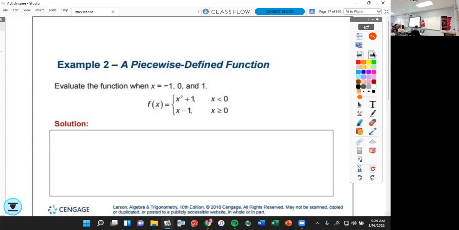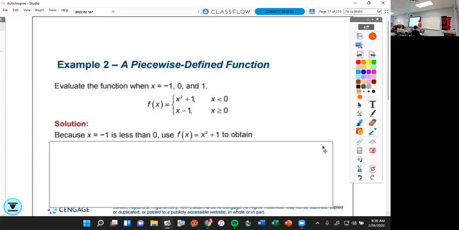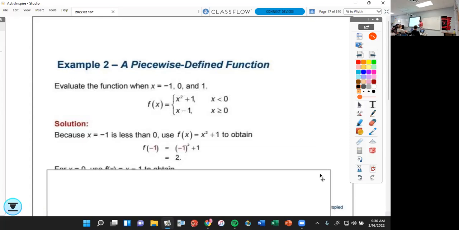So how would you calculate f of -1? You'll see a bunch of x's. Where are you going to plug that -1? The top equation, because -1 is less than 0. So pay attention to what function you're plugging it into. Because x equals -1 is less than 0, we use f of x equals x squared plus 1. Plug it in, what are we going to get? 2. f of -1 is